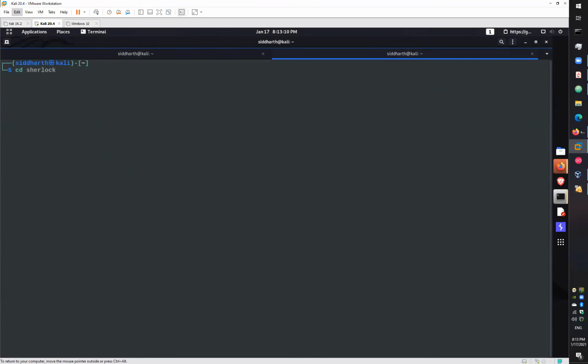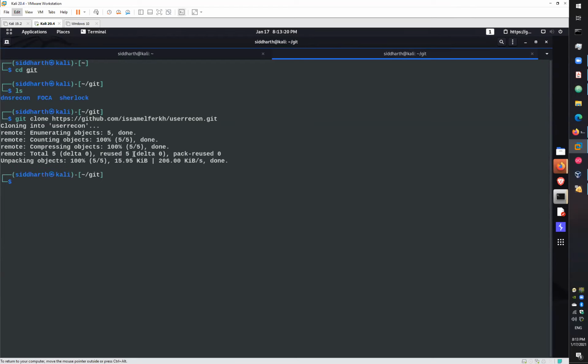Let me open a directory first. Yeah, you can clone this tool with the git clone command and the URL here. It will download the complete tool for you, and you get a folder here, userrecon. Just get inside the folder, cd userrecon.